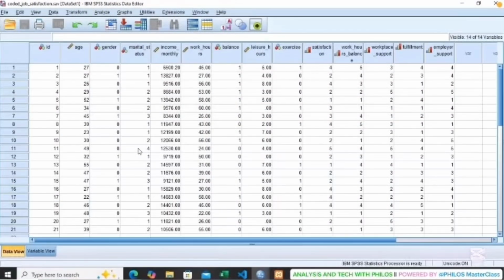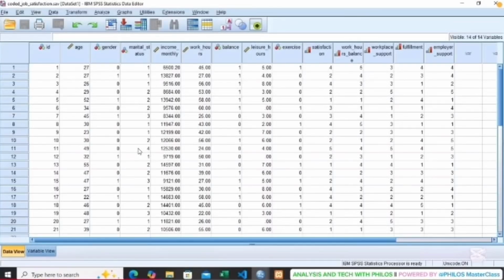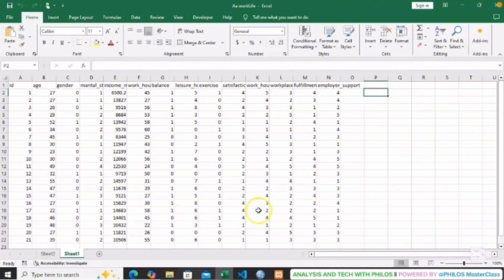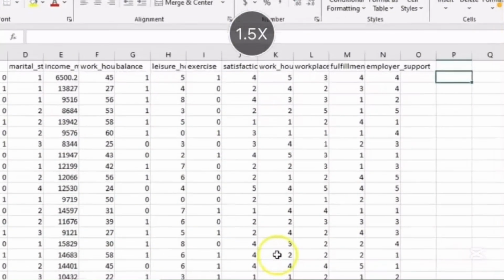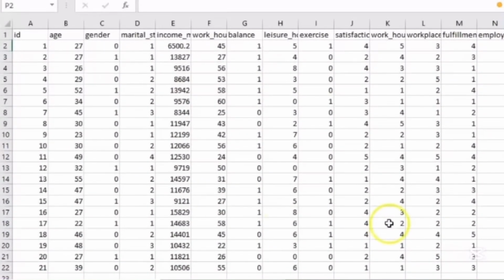So this is the tutorial, right? Let's move to the Excel part the student is talking about. Okay, this is the Excel part. Now, when you look at the data in Excel, let me zoom it. Okay, good. When you look at the data in Excel, you see that under gender, you have 0, 1, 0,